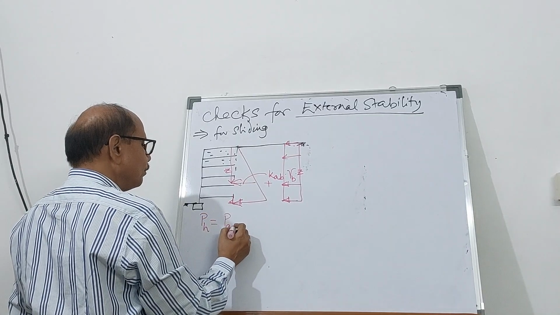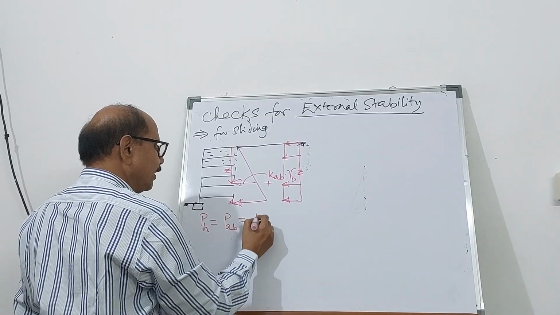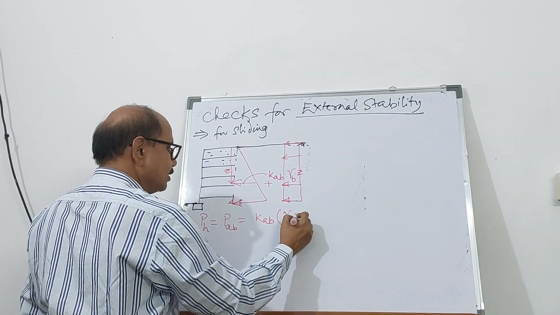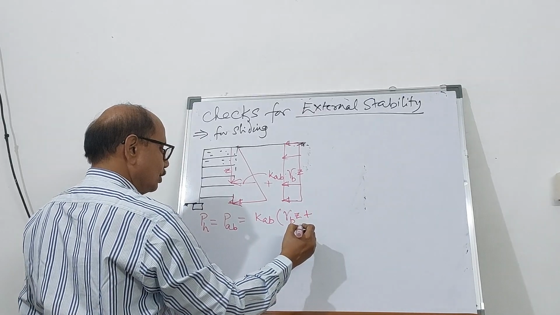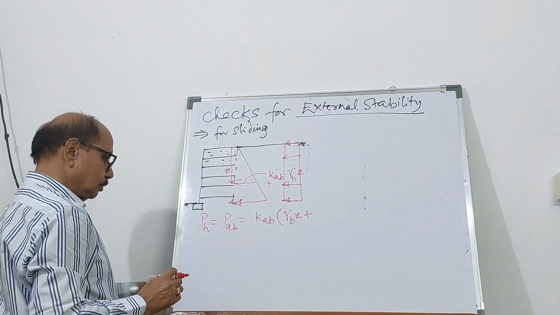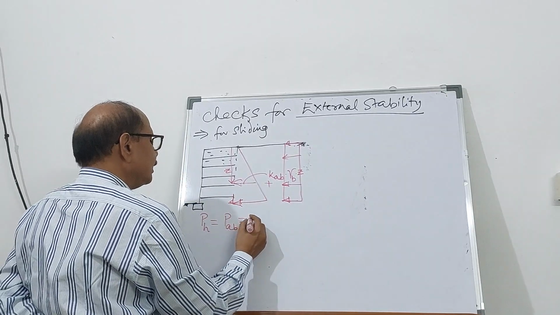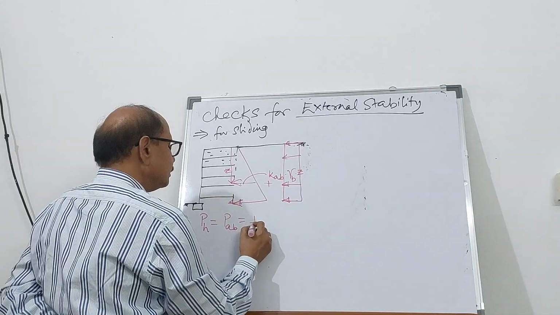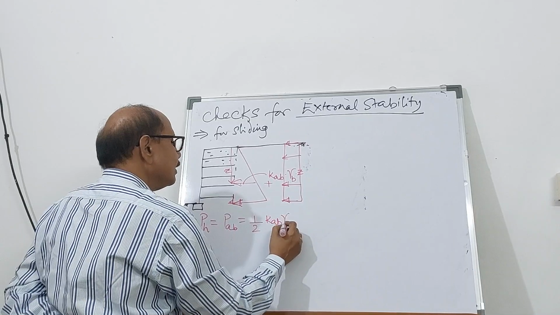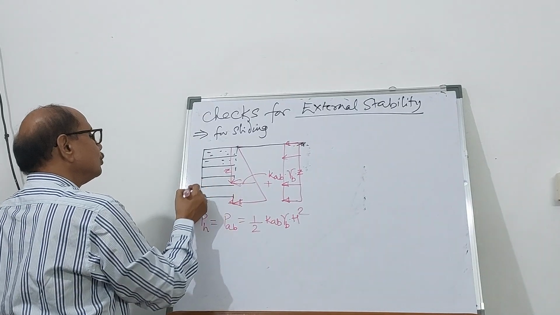PA, which is coming from the backfill, is going to be KAB into gamma B Z, plus due to this, it will be half KAB gamma B into H square, the total height,